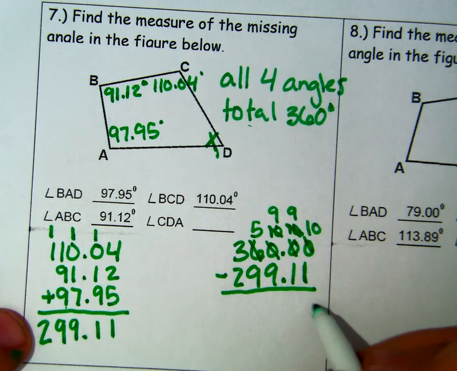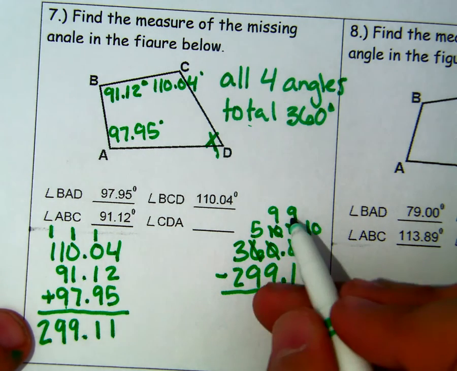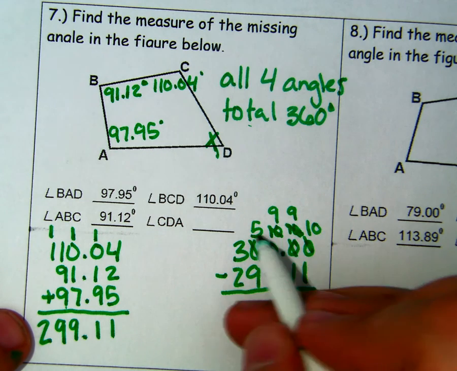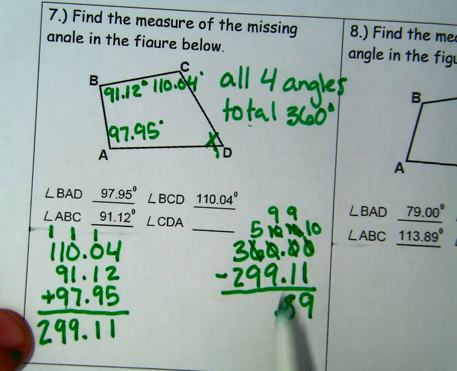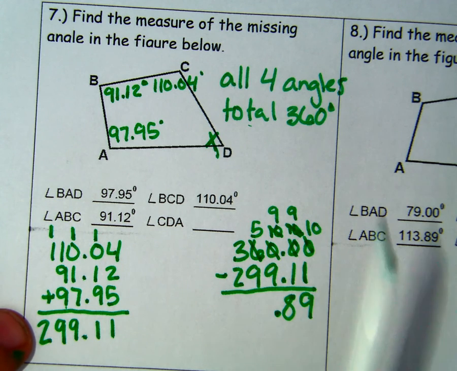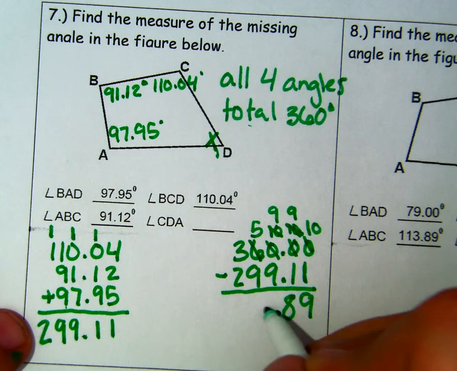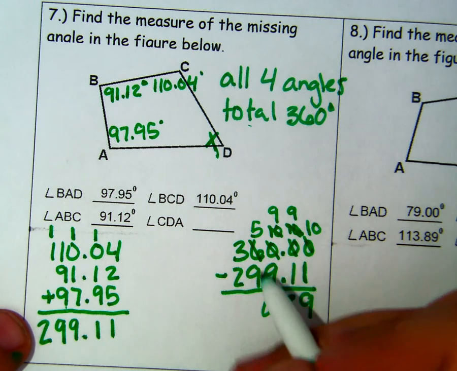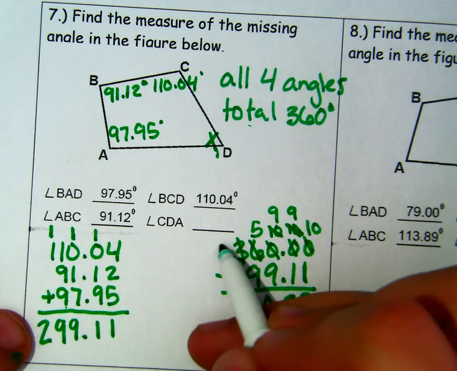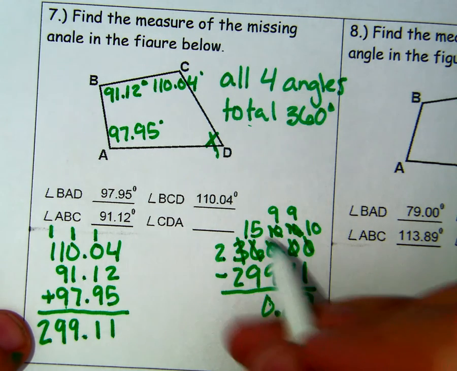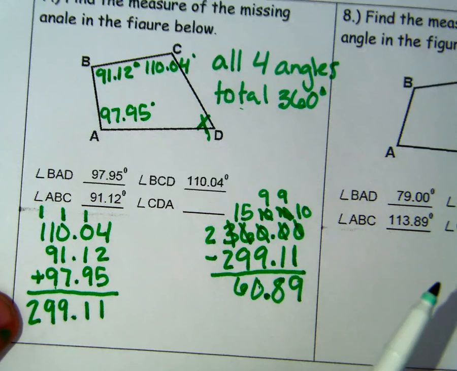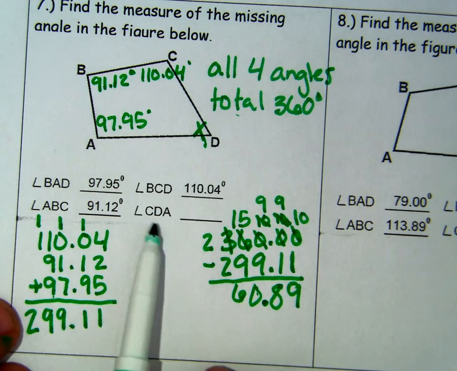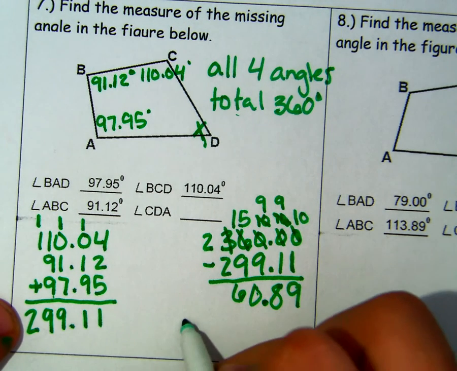Now we'll do 10 minus 1, which is 9. We have 9 minus 1, which is 8. Oh, I forgot a step. I need to drop my decimal down that way I don't forget it at the end. I almost forgot. Then the 9 minus 9 is 0. And we can't take 9 away from 5, so we'll borrow one more time. And then 15 minus 9 is 6. And then 2 minus 2 is 0, which means that my final answer for angle CDA is going to be